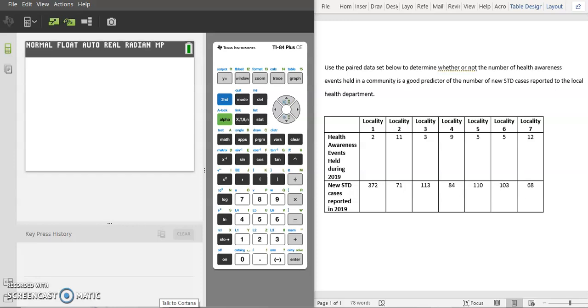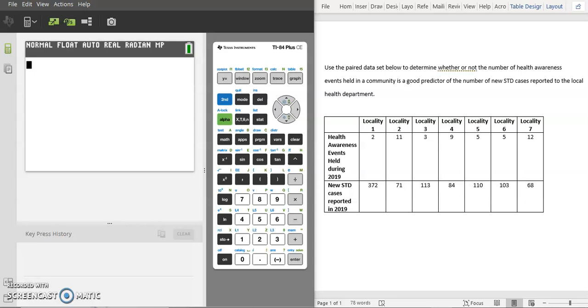Hello, in today's video I will be showing you how to find the correlation coefficient in your TI-84 calculator. The correlation coefficient can be used to see the strength and direction of a linear relationship between two paired sets